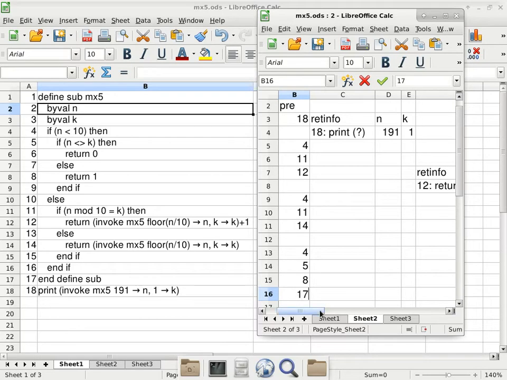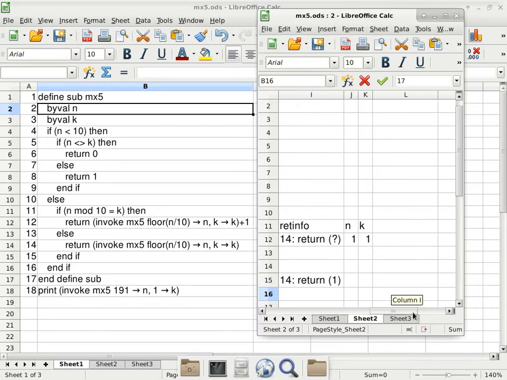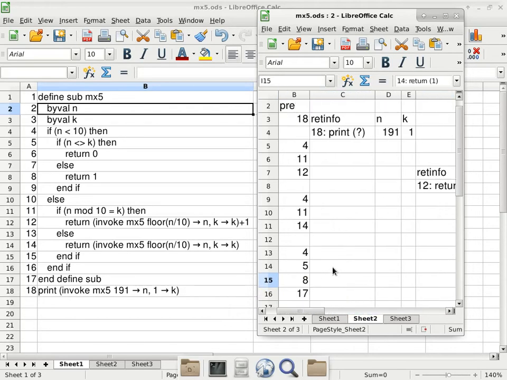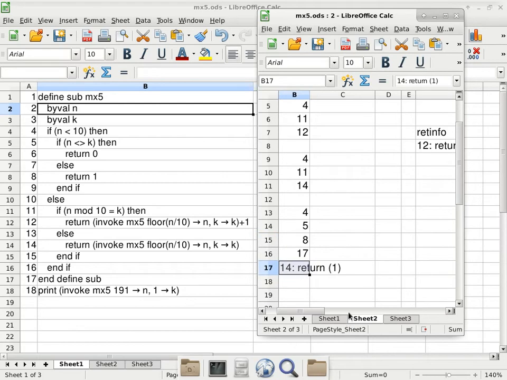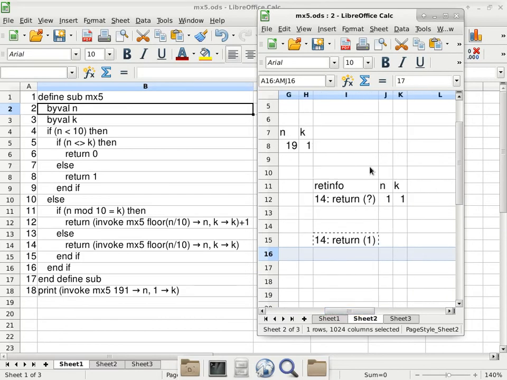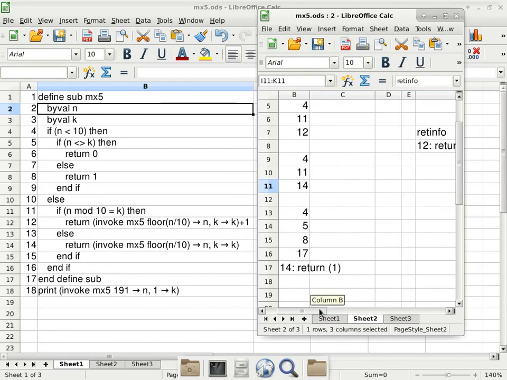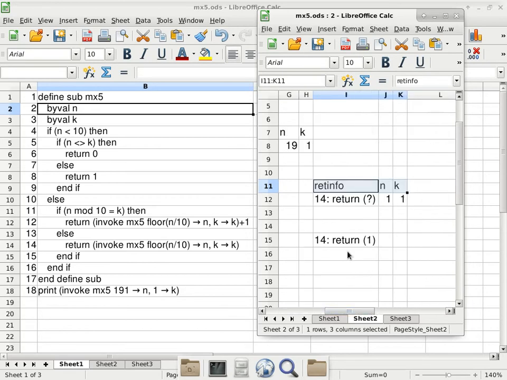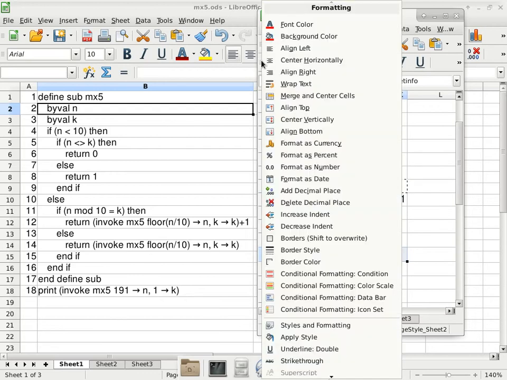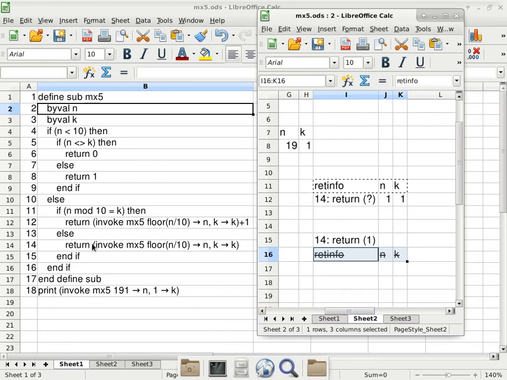The first thing we need to do is to make a note of where we are going back to. So we're going back to line 14. So we make a note of that. Okay, so put it here. And then on line 17, we are going to deallocate the columns that we have allocated for this invocation. So that will be these 3 columns. And I have to track on which row I have to indicate that, which is row 16. So on row 16, I have to indicate that all of these are done. So we do a right click on the font, select strike through,